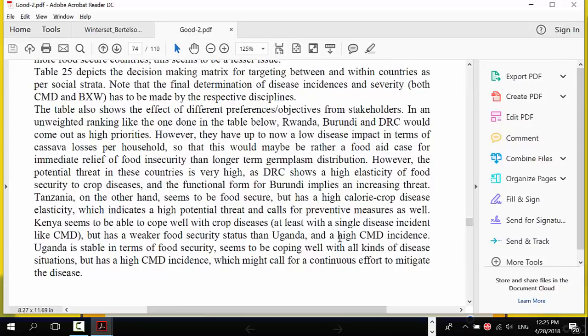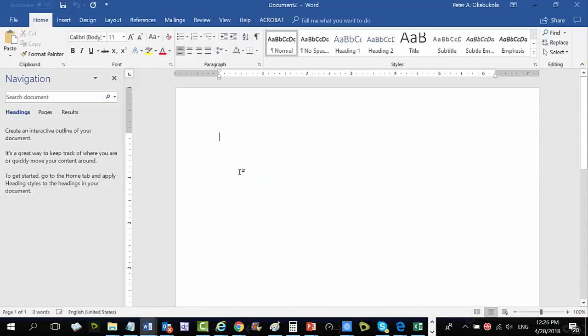Let's see, but that's a weaker food security, which might call for a continuous effort to mitigate the disease. Uganda is stable in terms of food security, seems to be coping well with all kinds of disease situations, but has a high CMD incidence, a disease incidence like CMD. So you can be looking at the impact of high CMD incidence on food security in Burundi. Hey, so we'll start getting a title. So all we need to do now is say incidence of